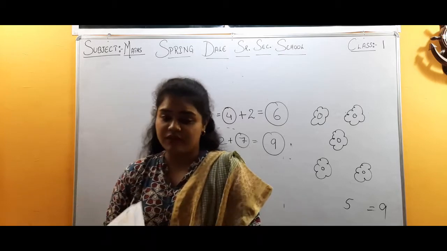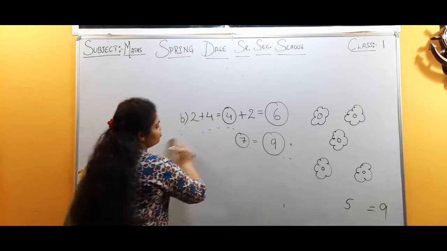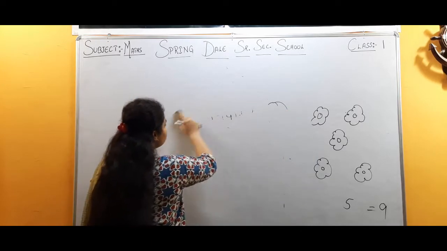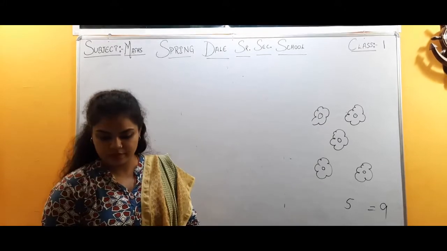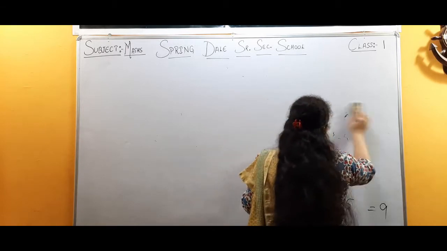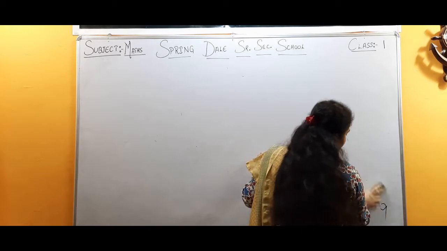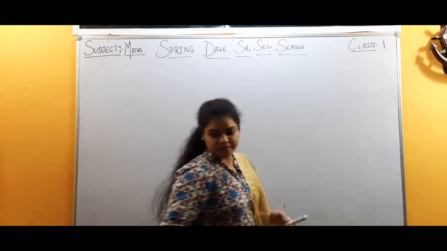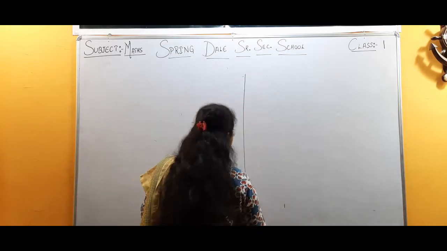The next topic we have vertical addition. Vertical addition क्या होता है? Have you learned about this vertical addition in the previous class? Okay, we will learn now. Okay children, we will learn two additions that are horizontal and vertical. Horizontal we have just learned before starting the new topic. Here I will take the example of horizontal and vertical.